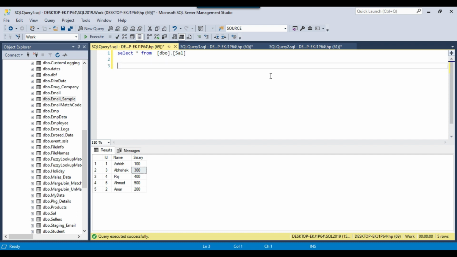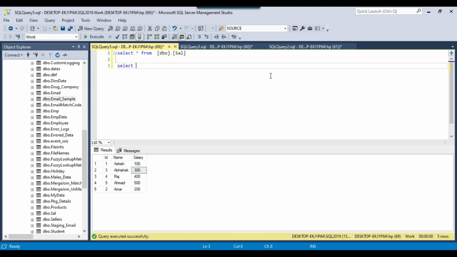For that, there are different methods you can use. Maybe you can use the row number function, you can use the subquery, and there are some other methods as well. I will use the subquery method here, which is very simple actually. First we will select the top 3 records ordered by the salary, and then we can select the minimum salary from that, which will be the third highest salary. Let me show you what I'm talking about.